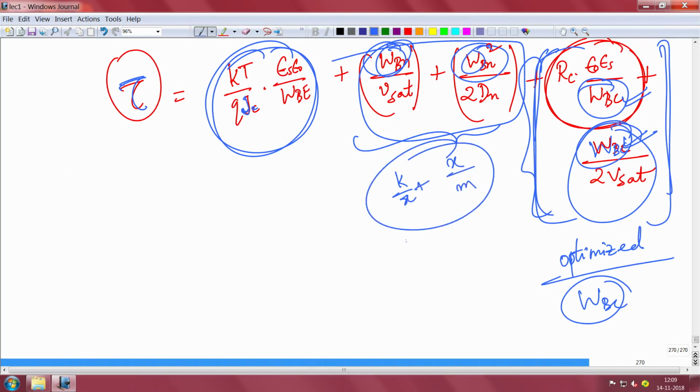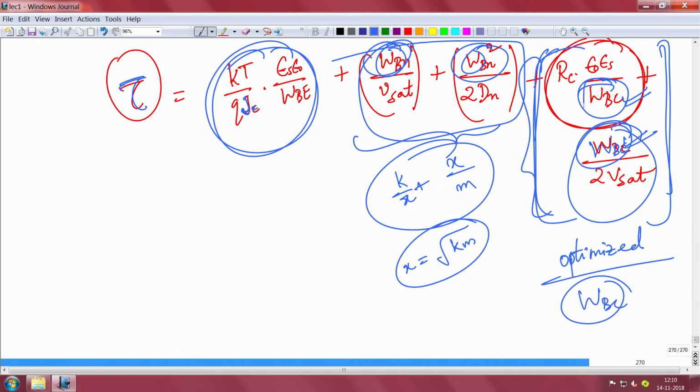So, you have to minimize the expression, and the minimization will happen at x equal to square root of k m, I guess, right. So, there will be a point where you can do that. So, this is the total delay. There could be numericals that will ask you to solve these delays and what different kinds of delays will affect the devices. You have to understand that